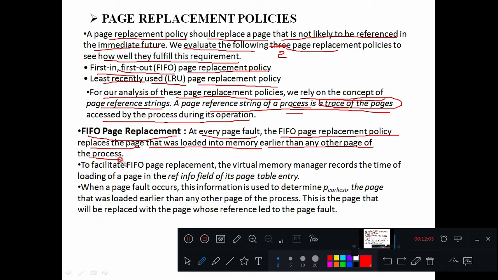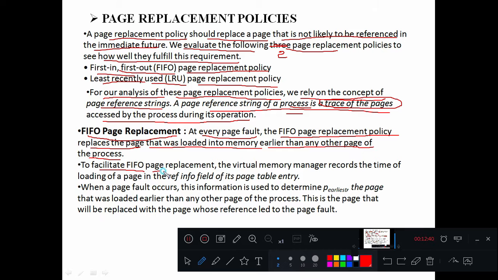Because the entire process gets divided into a number of pages, and these pages are loaded into the main memory one by one. It will check which page was loaded into memory earlier than any other page, that is, which page is older compared to the newer page. That older page is going to be replaced by the new page.